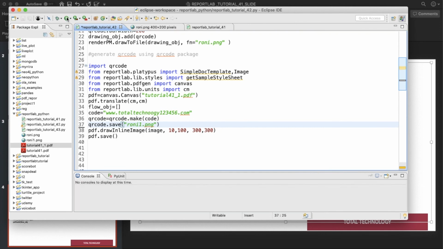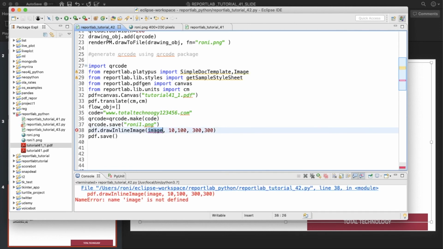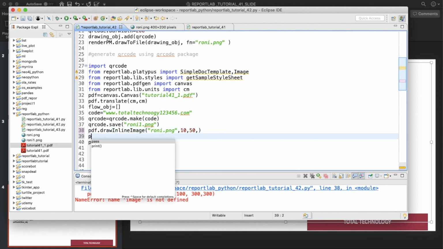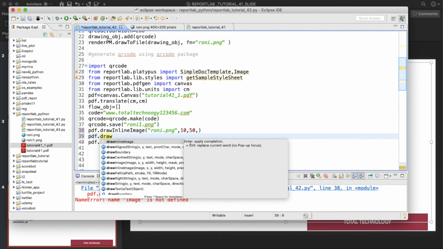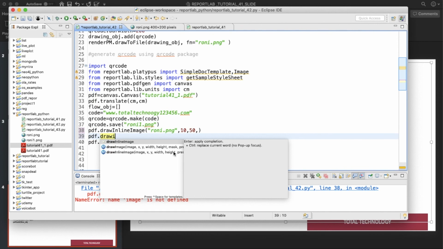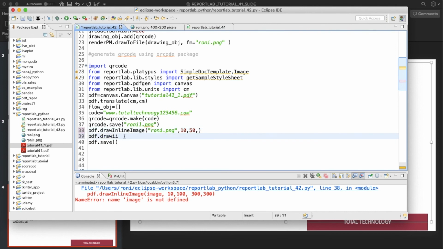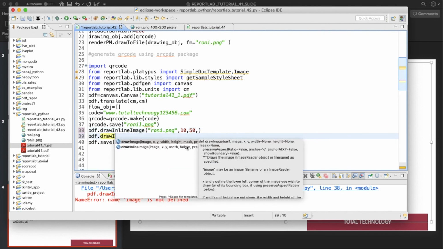So rather, sorry, let me check what are the different things there. Draw x height width, height width, draws the image, height width. I am not